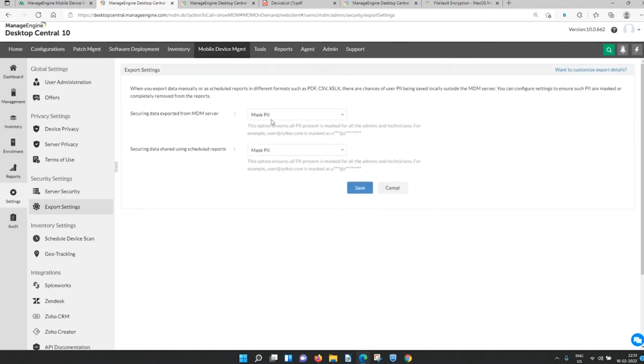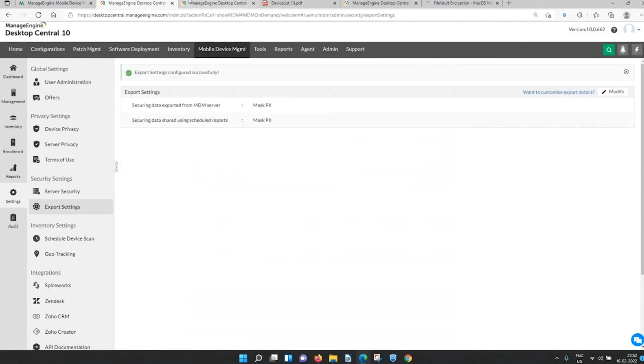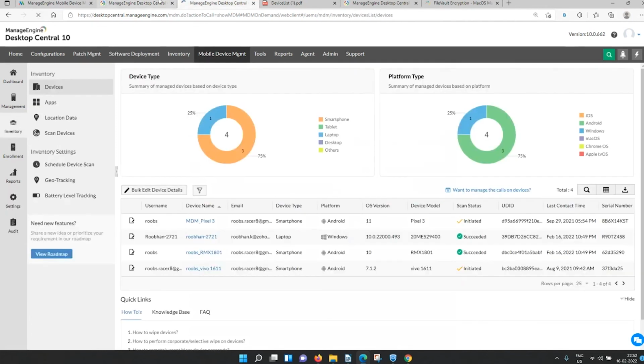Say generally we used to go this way. They do not mask when they manually export the information, but when they do it on a scheduled basis or when they share the reports with the appropriate auditors via email, at that time you can make use of these masking options. And after doing it this way, if I go and take out a report,